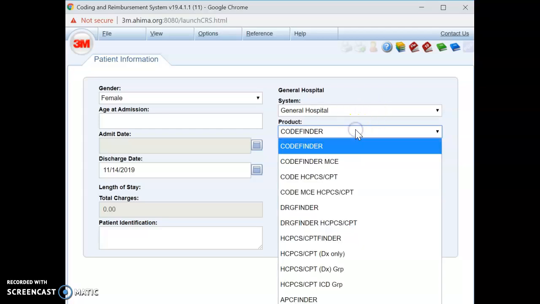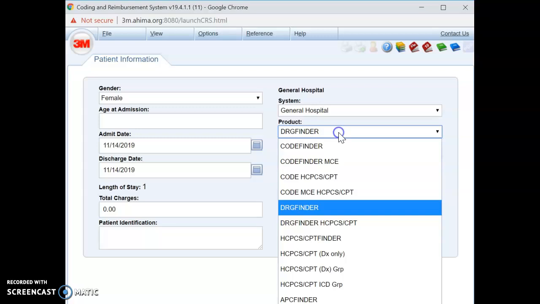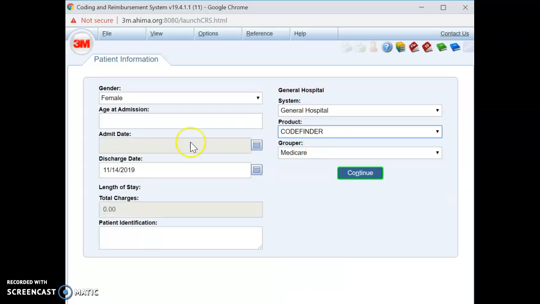Of course, if you're coding a real inpatient case where you're going to code the diagnosis and the PCS procedure, we would do the DRG finder. But in this example, we're just going to look at just PCS code. So I'm going to go to Code Finder. Once you do that,